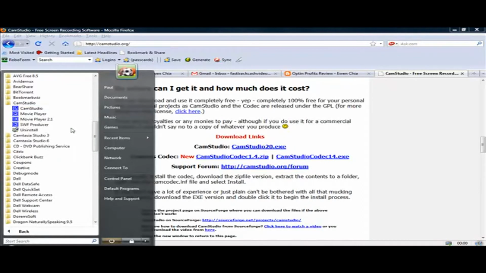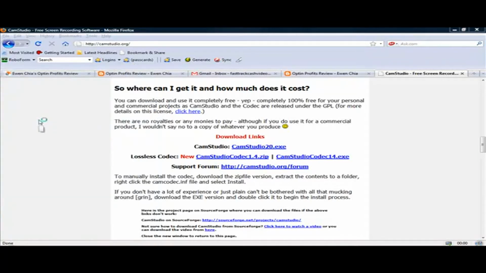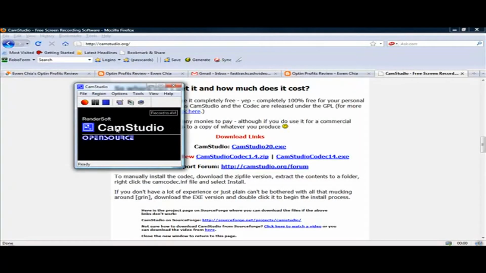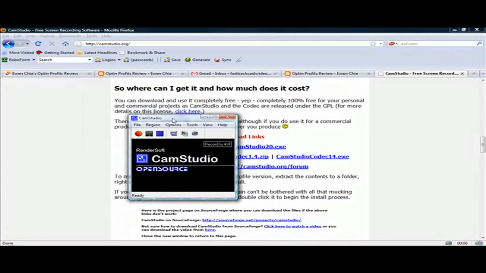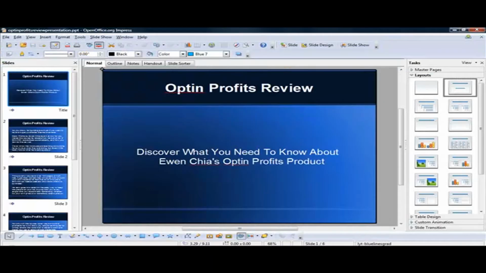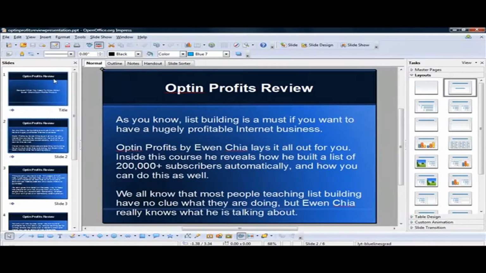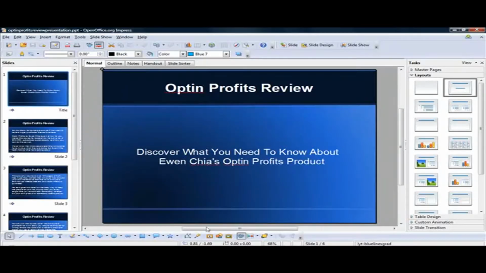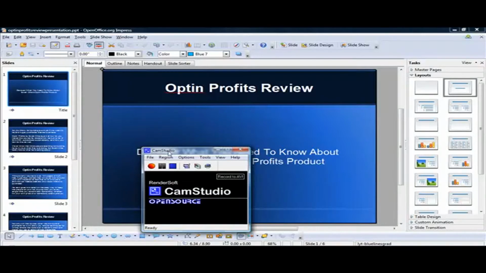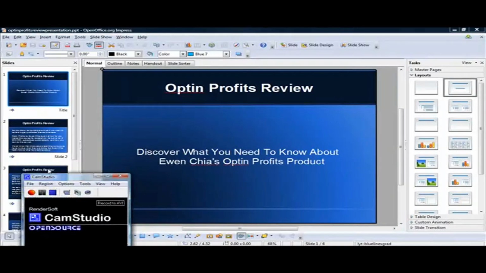Okay, so once it's installed on your computer, you'll see it over here in the left hand side, on your Windows computer. If you are on a Mac, you would want to look for a Mac version of this. So we're just going to choose Cam Studio, and we're going to launch the software. Now what we want to do here is we're actually going to be recording this basic presentation. Now you can keep your window open just like this with either PowerPoint or OpenOffice here. And what we're going to do is go to Cam Studio here, and we just want to choose the record